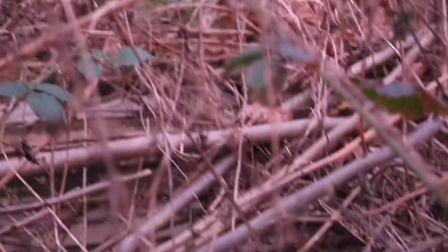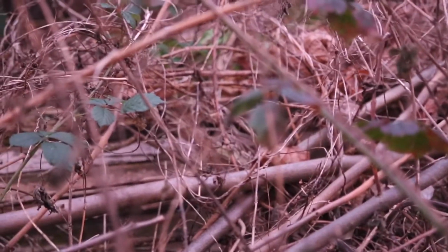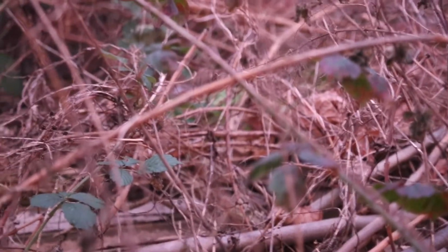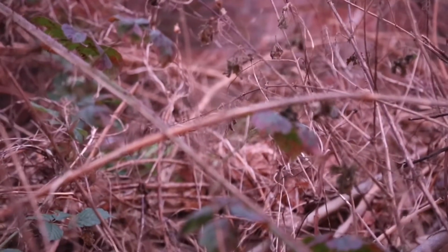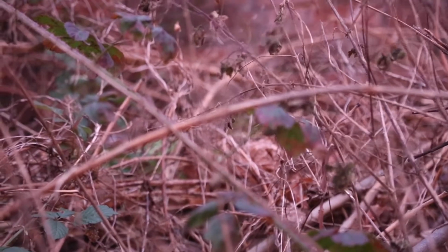You can see in there the wall where the raised cold frames have been, and that pile, I don't know if you can see it in there, those are all the frames for the cold frames. They are going to be completely useless now. That wood has rotted right through, but I'm wondering if when I get in to clear them, maybe the glass is intact, the original glass. If so, that'd be great, because then all I need to do is build some wooden frames for the original glass, and